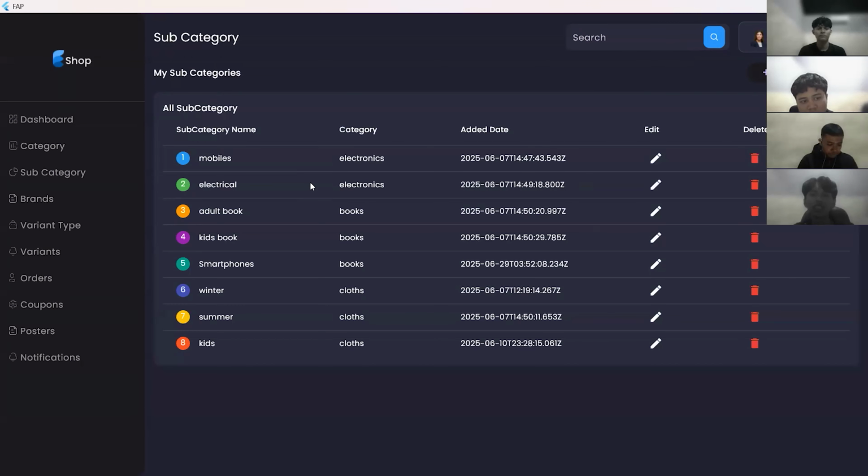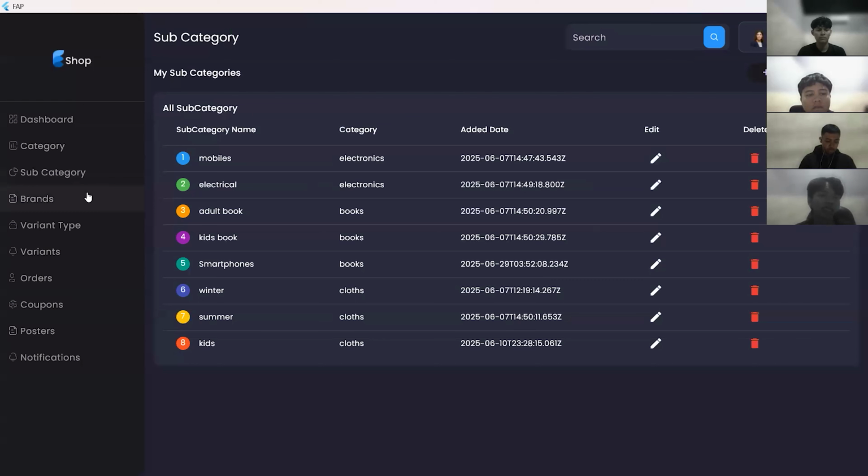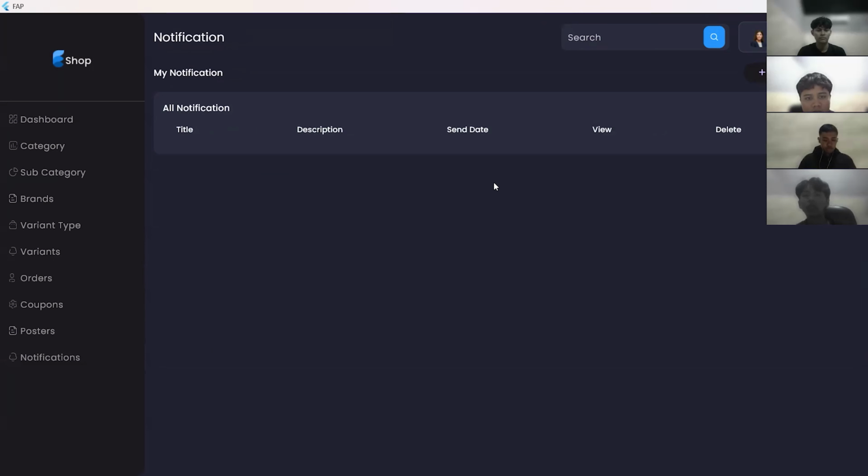Subcategory is more or less the same as before. You can edit, delete, and add data. Okay, next. Brand, variant type, variant, order, and others are more or less the same as before. Next, I will explain the user panel.